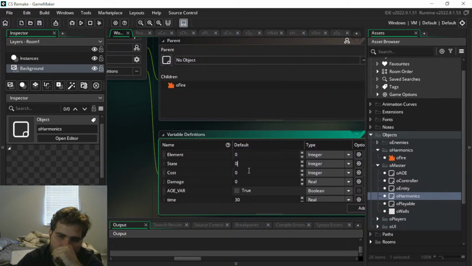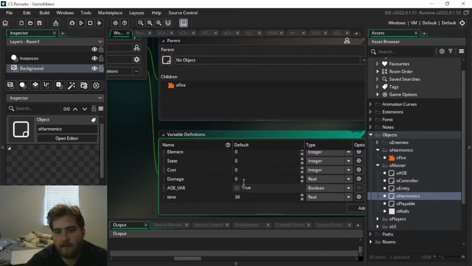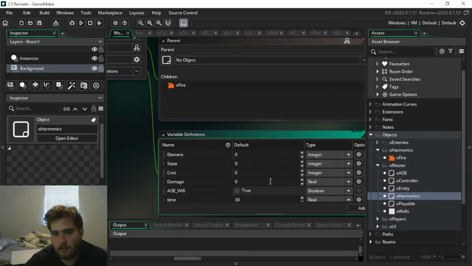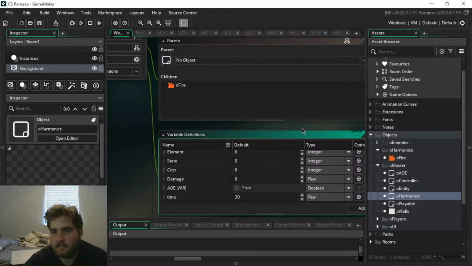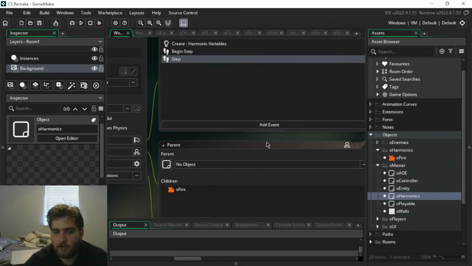Or maybe we have attacks where the state is something unique to that attack or can be changed. The state variable will be unique. The AoE var, that variable is going to be defined. So all the code for these are all going to be defined later. But for right now,